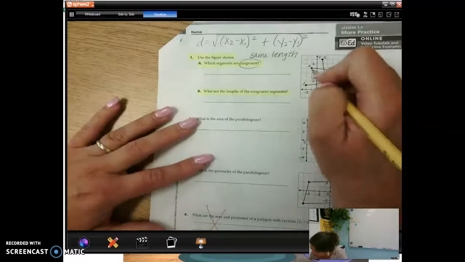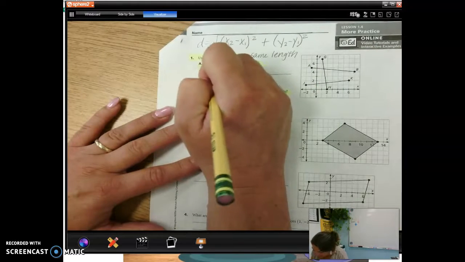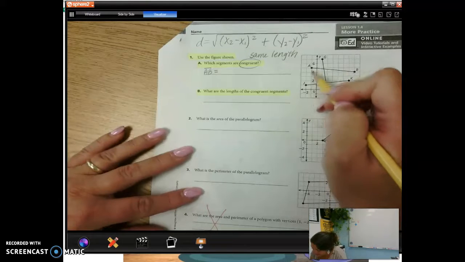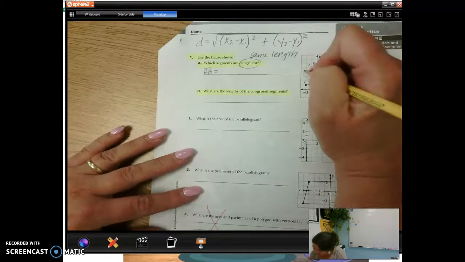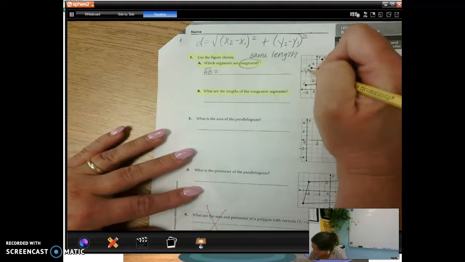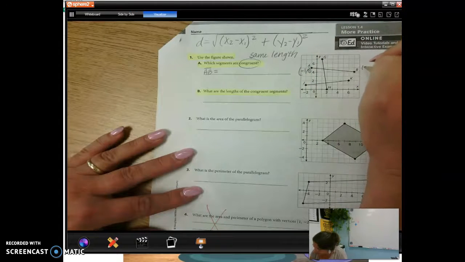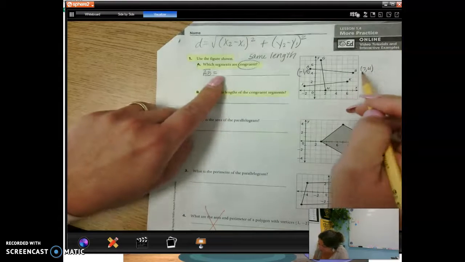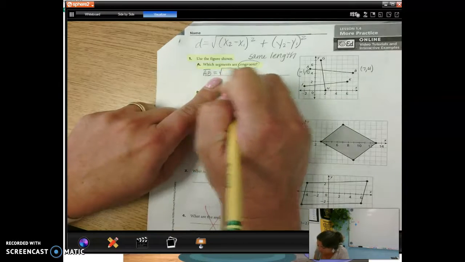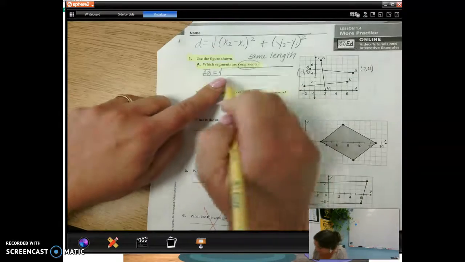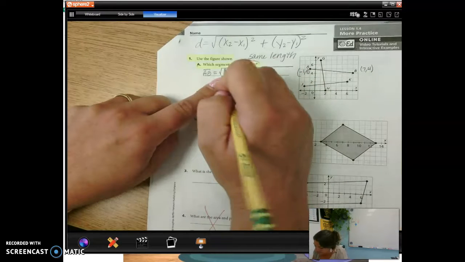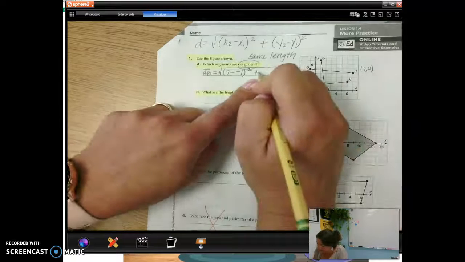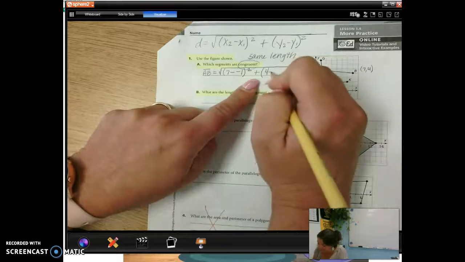So let's start with AB and see if we can find the length of AB. I'm going to use the distance formula to do this one. So let's see. Point A is -1, 5. Point B is over here at 7, 4. So those are the 2 points that I'm going to use. So I'm going to do the square root of, according to my formula, my x's first. So 7 minus -1, and I'm going to square that answer, plus 4 minus 5, and I'm going to